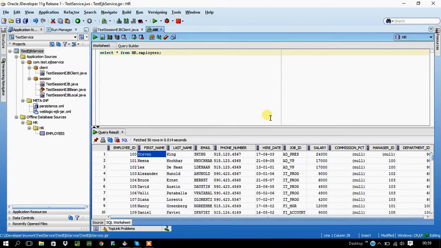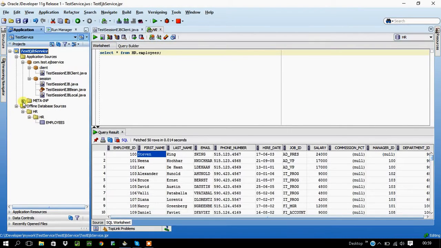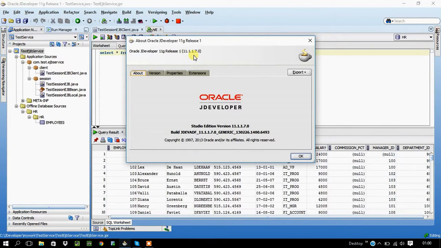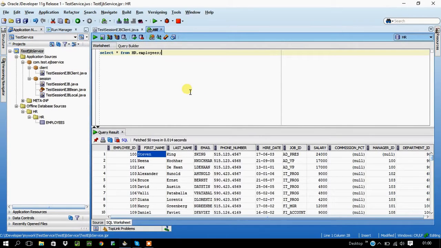In the last session, we discussed how to create a simple EJB using Oracle JDeveloper, and we used version 11.1.1.7.0. This is a stabilized version for now. So in this session, we are going to see